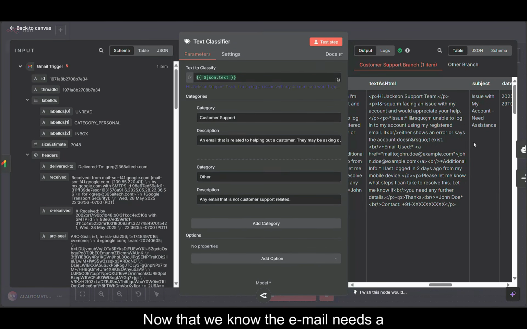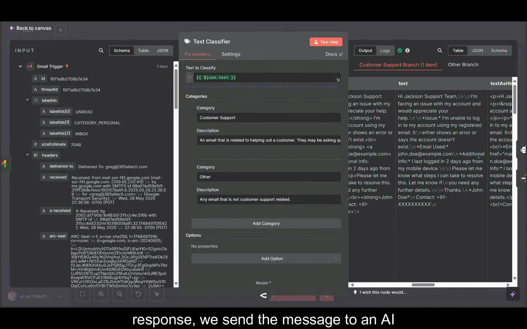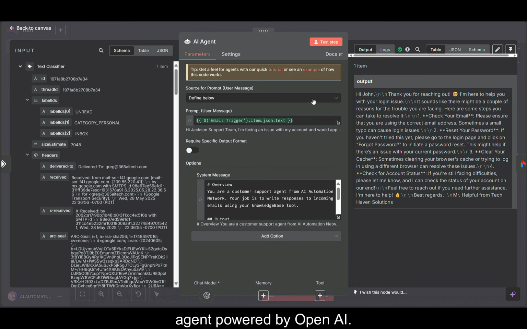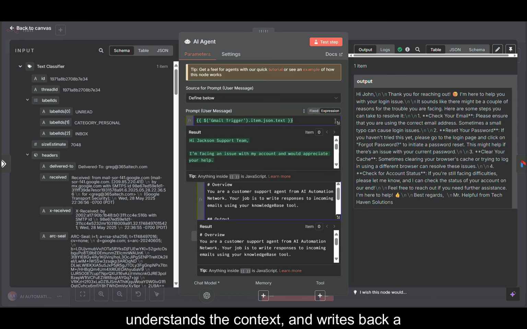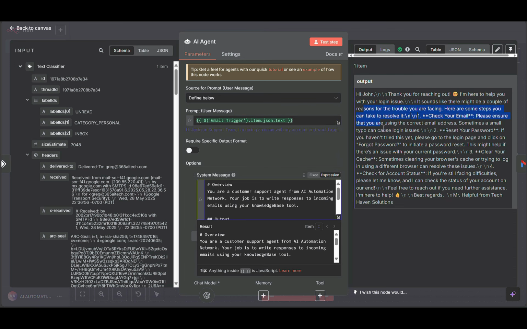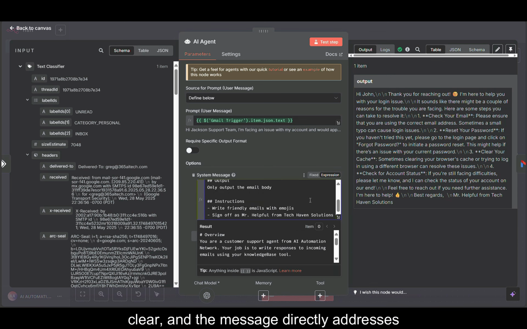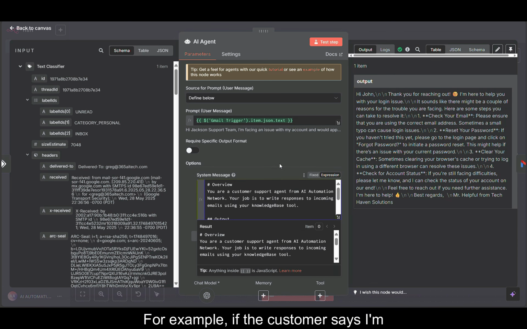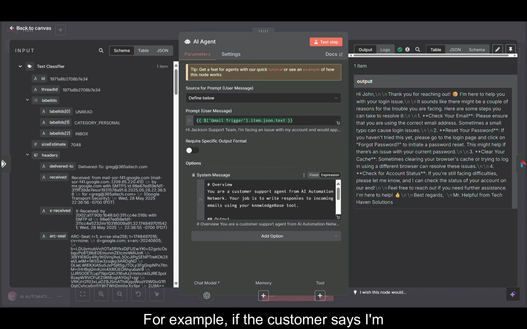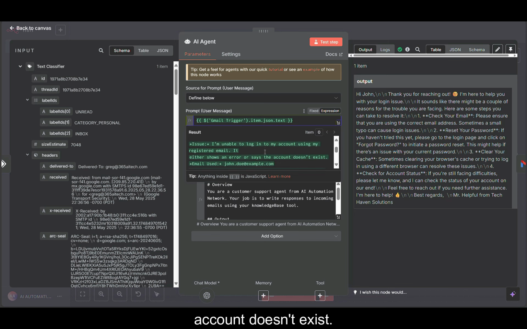Now that we know the email needs a response, we send the message to an AI agent powered by OpenAI. This agent acts as your virtual support assistant. It reads the customer's message, understands the context, and writes back a helpful and professional reply. The tone is conversational, the language is clear, and the message directly addresses the issue. For example, if the customer says, "I'm unable to log into my account using my email, it either shows an error or says the account doesn't exist,"